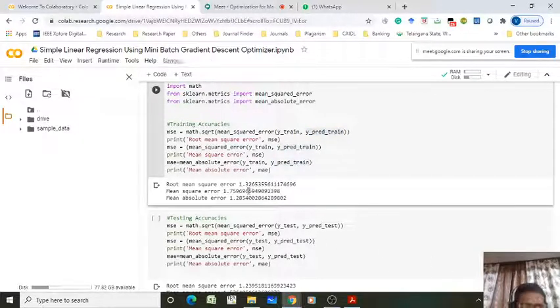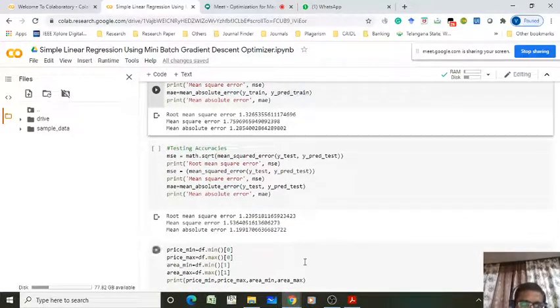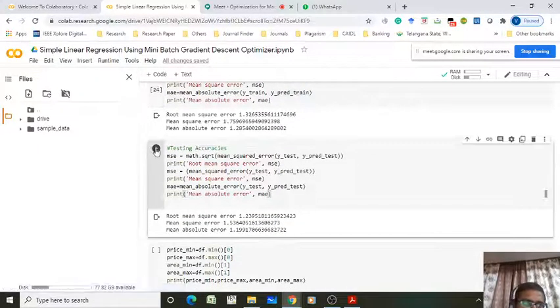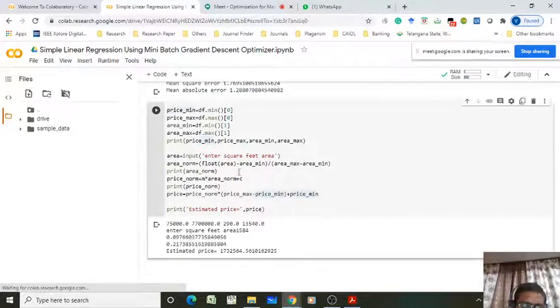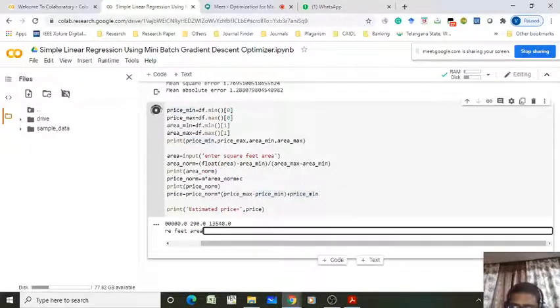So the errors are very large actually. It's 1.326. You would not expect that, because we are normalizing, right? We are normalizing, meaning we scale down between 0 and 1. So the errors must be less than 1. It will be between 0 and 1, and the nearer to 0, the better. But anyhow, you can train with some more iterations. This is for the testing and this is for training. And this is for the final prediction. Maybe you may not expect accurate results here.